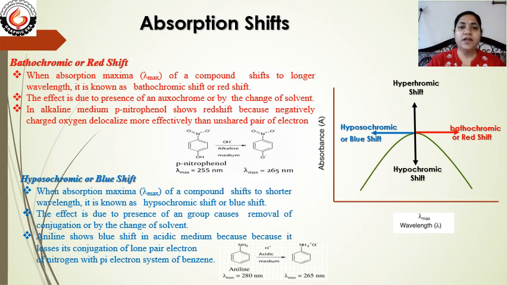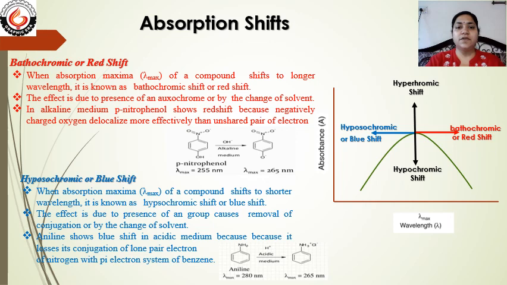There are different types of shifts in the spectrum. These shifts show that the curve in the spectrum will be shifted from its original position due to presence of different factors such as different types of solvents, acidic or alkaline condition, or some different functional group being present. So if some different factors are there, the curve is shifted from its original position to some other position. That is known as shift. So there are two types of shift. The first one is absorption shift and the second one is intensity shift.